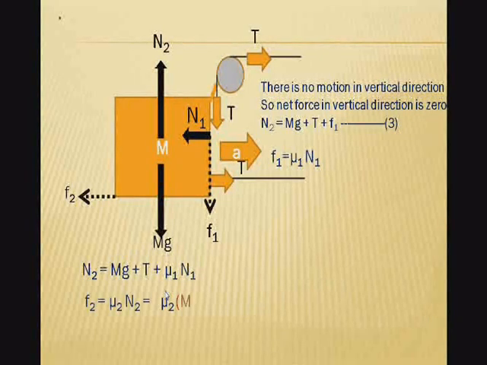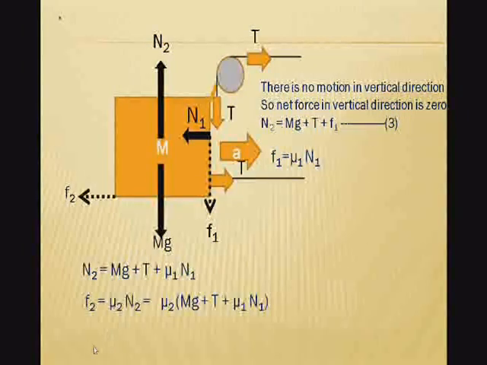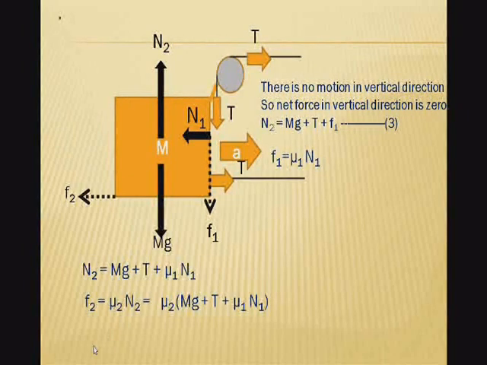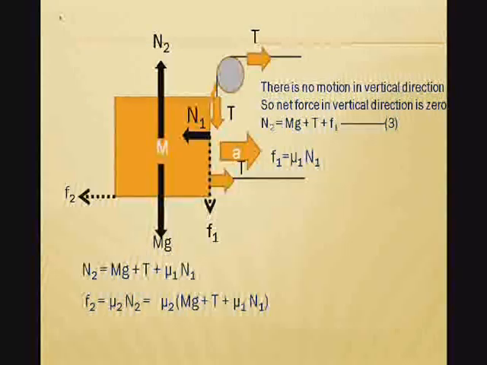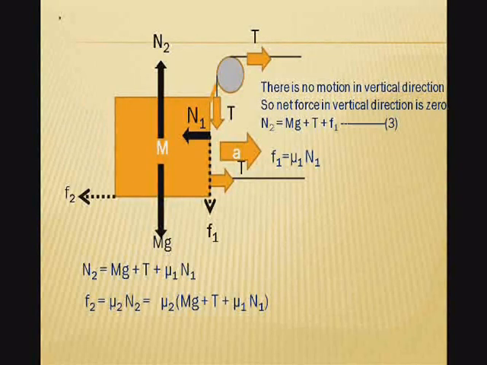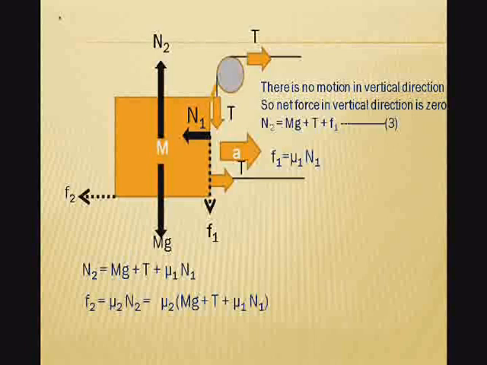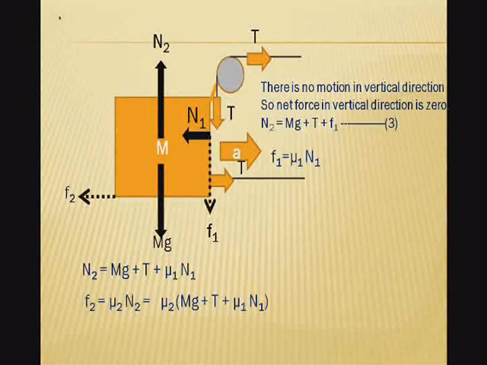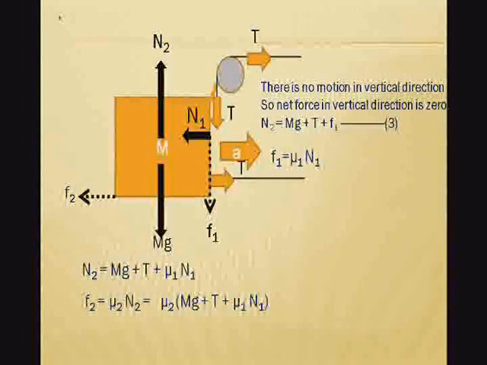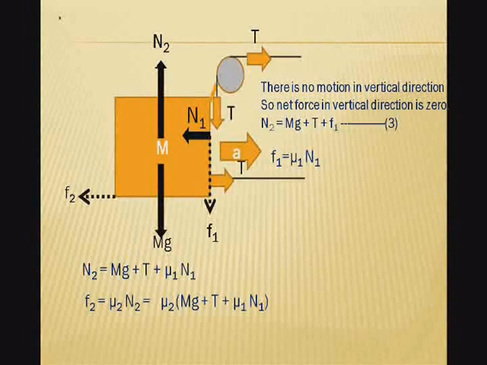And we also know that N1 is equal to ma, and the friction between the floor and the block is F2, that is mu2 N2. So on substituting the value of N2, F2 is mu2 in bracket Mg plus T plus mu1 N1,